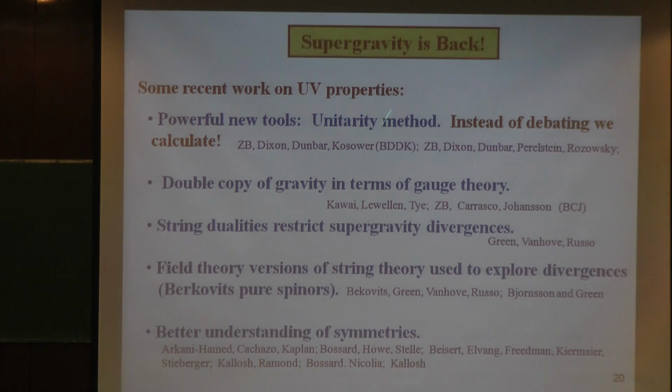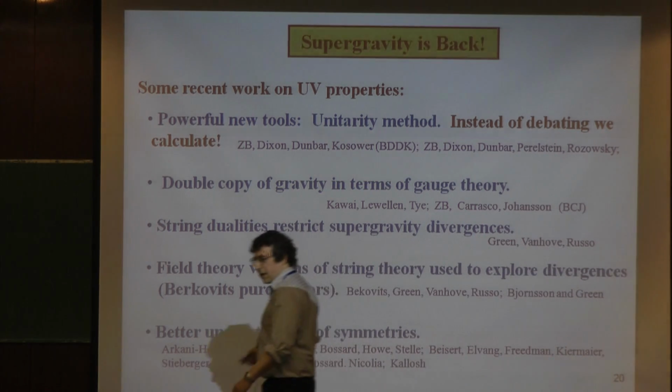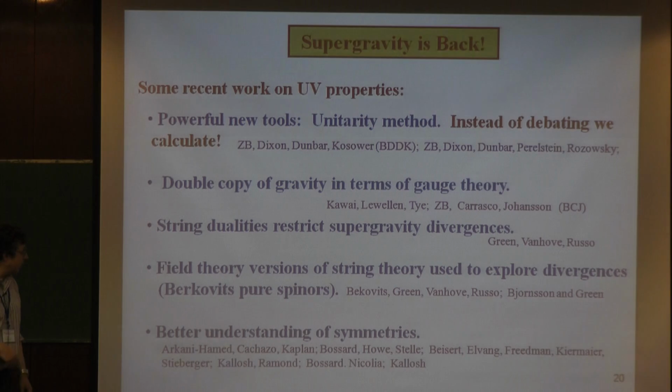So just to list some people and make some comments about what's been done. I don't want to use up too much time because I've got to finish the 3-loop calculation. But anyway, the first thing is we have the unitarity method. You could calculate all these with on-shell techniques. We have now the double copy, which we discovered along the way of doing the calculations. It's related to something at tree level called the Kawai-Lewellen-Tye relations. There's string dualities, something pioneered by Michael Green as a way of getting a handle on the ultraviolet divergences